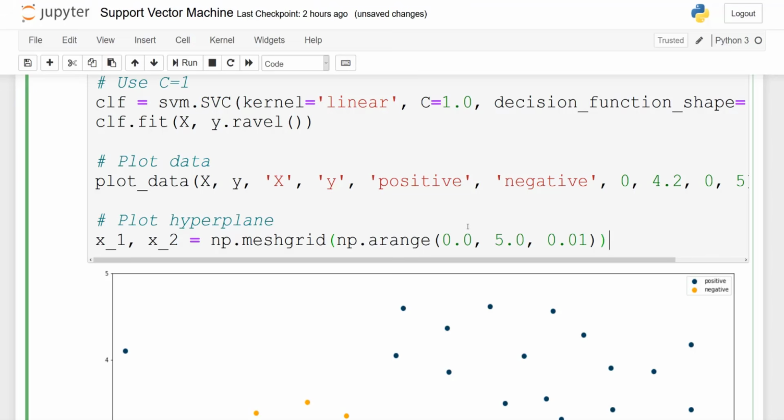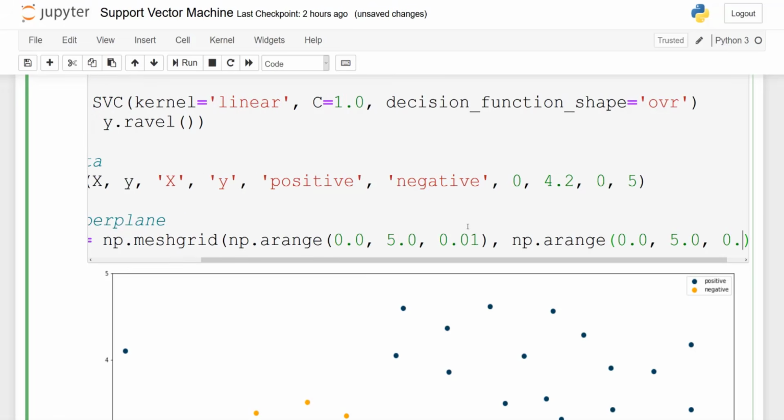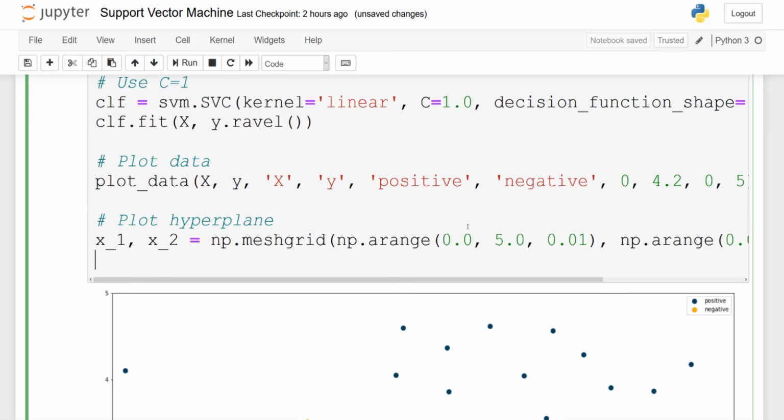Oh, sorry, this should not be here. This should be inside the big bracket of meshgrid. So np.arange from 0 to 5 as well, with steps of 0.01. So I'm taking small steps here to make sure that we plot a smooth hyperplane, as smooth as possible.